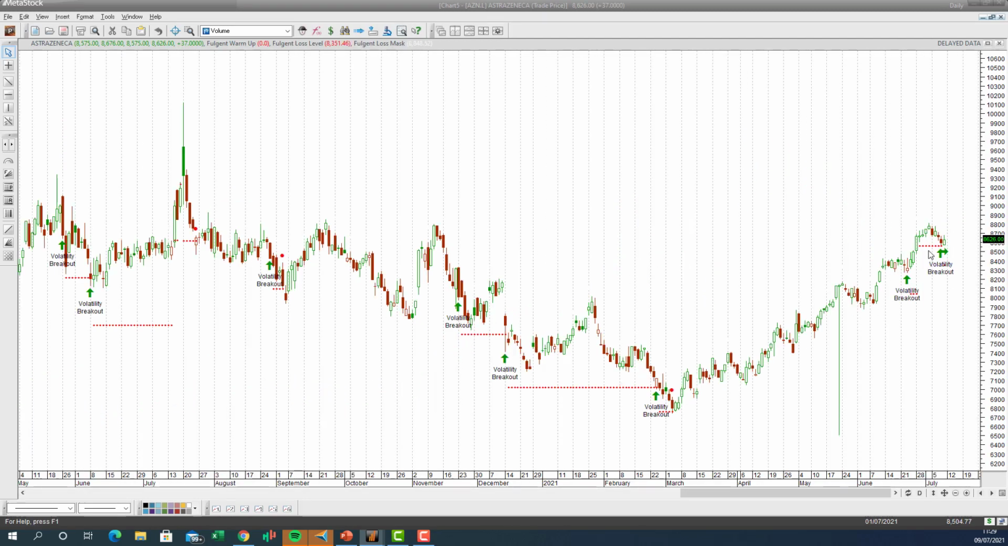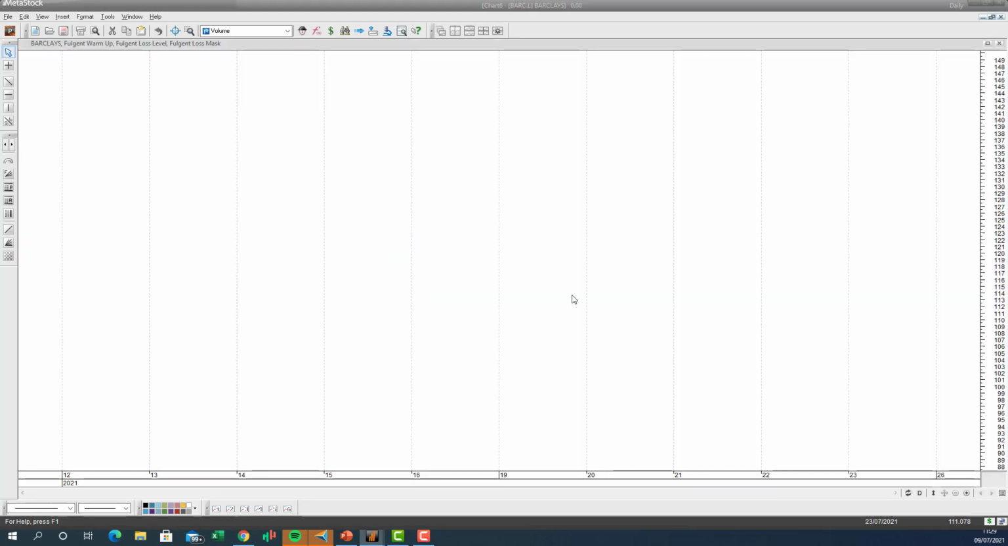You can see a fantastic volatility breakout back here in March, a huge move, caught most of that move, a volatility breakout here and a new volatility breakout. And the way I look at this is, if I get the signal here, I look at these old highs as potential resistance where the profit taking targets can be. Barclays,